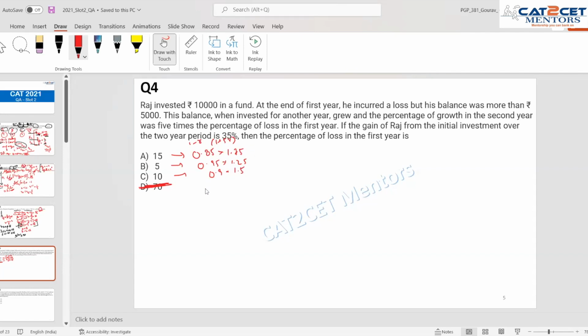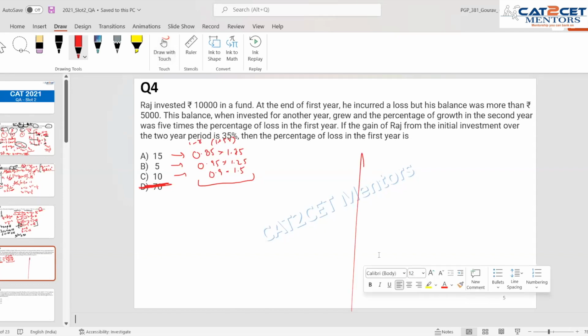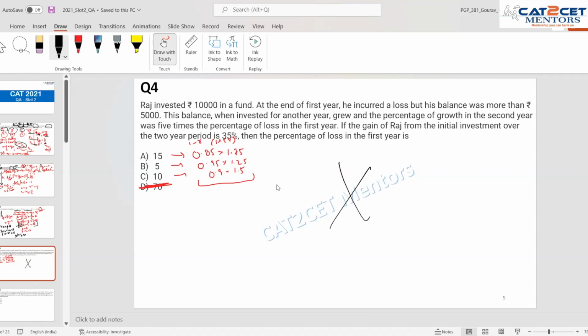Okay. And in the exam, we have a calculator. Then we just need to do 3 calculations. And we would not need to do all of this that we did earlier, I am telling you again. So starting with option A 15. So it is the value of a percentage that we have got reduced. Okay. Loss percentage that we have incurred.